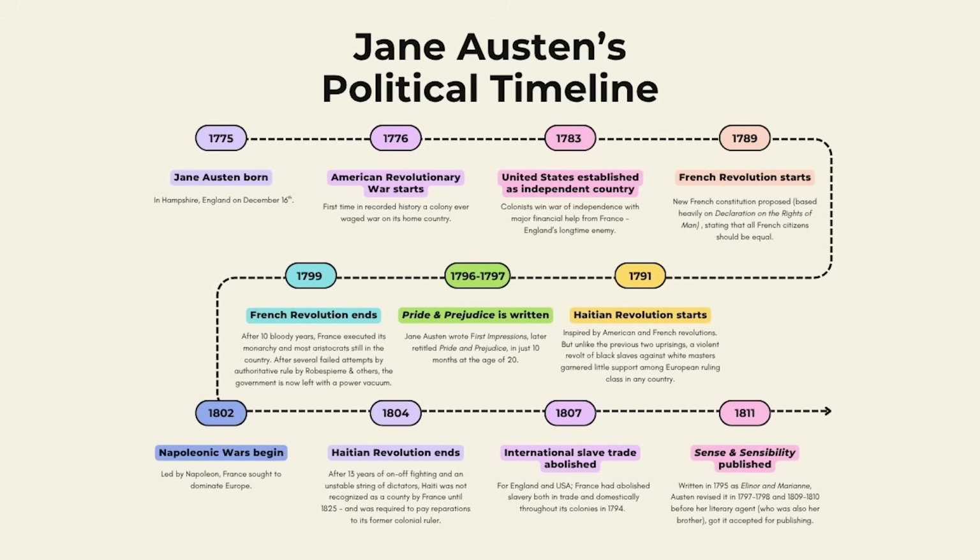The Haitian Revolution has just ended. A few years prior to that, the international slave trade is abolished by England and the U.S. That just means they cannot continue with the transatlantic slave trade, but you can still have domestic slavery. France, however, I think was tired and they stopped all slavery at home, abroad, doesn't matter.